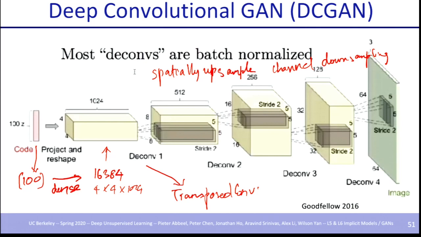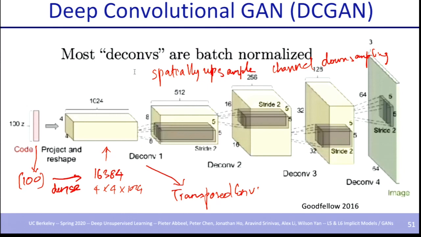So this is really the inverse of what you do in a supervised model, where you start off with a big image but very few channels because you have RGB channels. Then layer by layer, you're reducing the spatial dimension but increasing the channel dimension. The inverse of that happens in a generative model, because you are starting with just noise, and you're trying to get all the way up to the actual image.